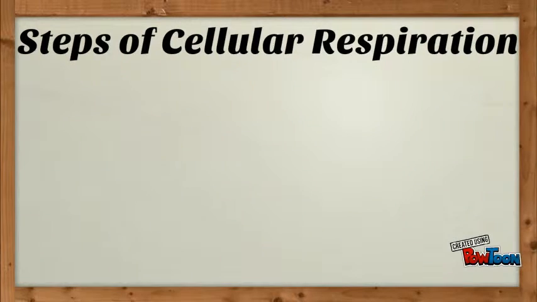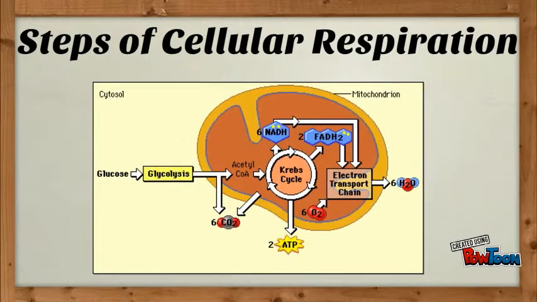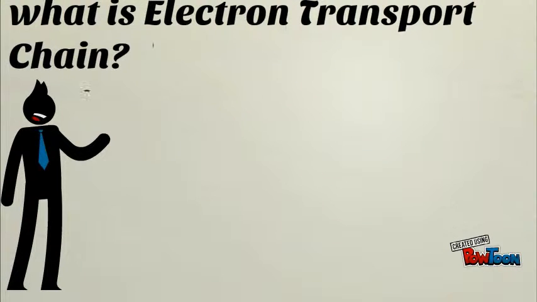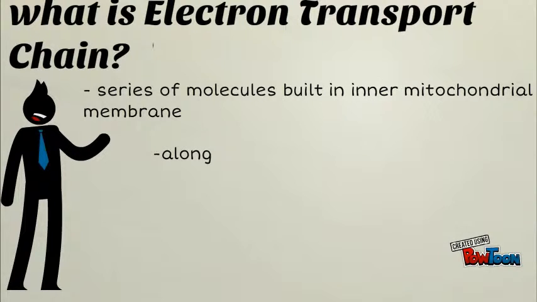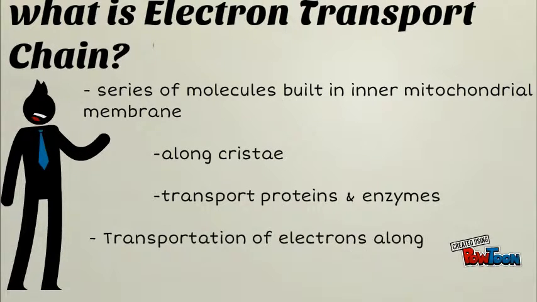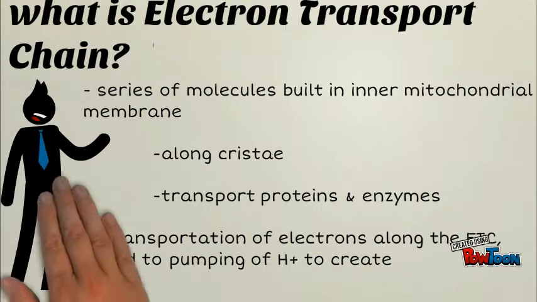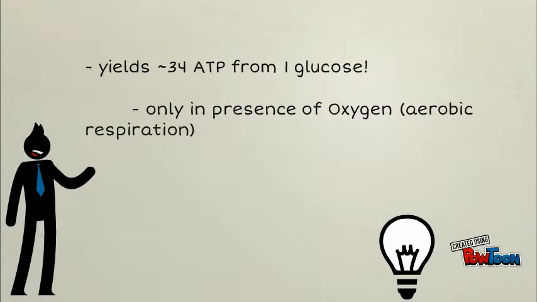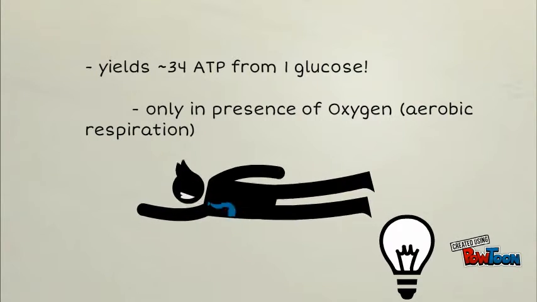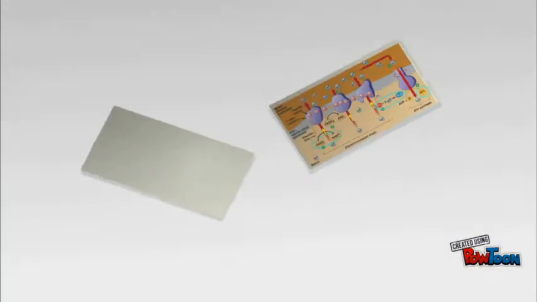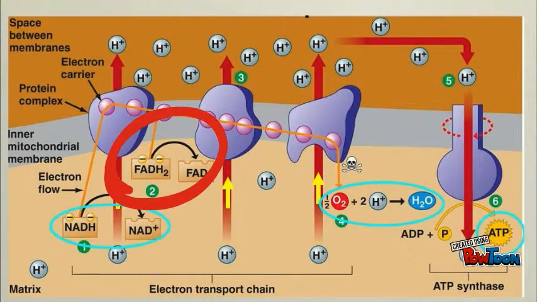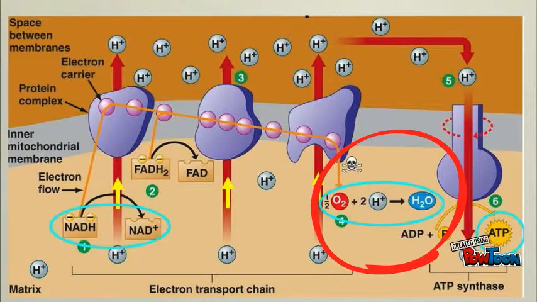Next is the tricarboxylic acid cycle. Then the electron transport chain happens in the mitochondrial inner membrane. What is ETC? It is a series of molecules built in the inner mitochondrial membrane along the cristae, transport proteins and enzymes. Transportation of electrons along the ETC is linked to pumping of H+ to create an H+ gradient. It gives 34 ATP from one glucose molecule, but this happens only in the presence of O2, which is called aerobic respiration. In ETC, oxidation of NADH into NAD+, oxidation of FADH2 into FAD, production of H2O, and synthesis of ATP are